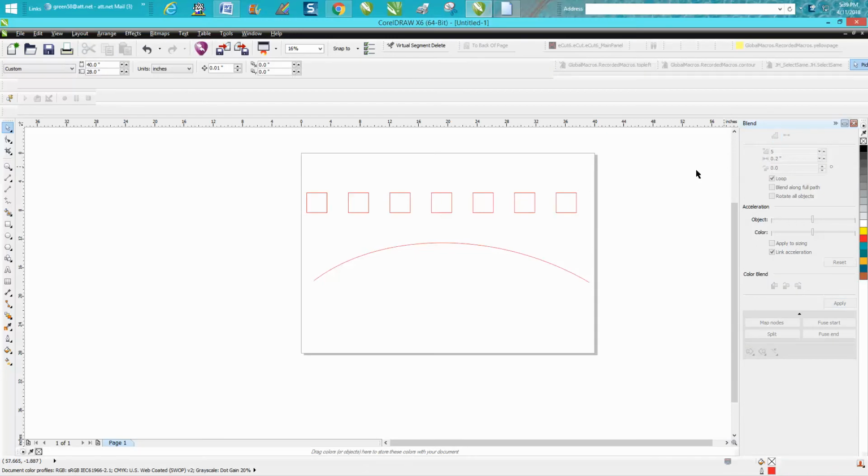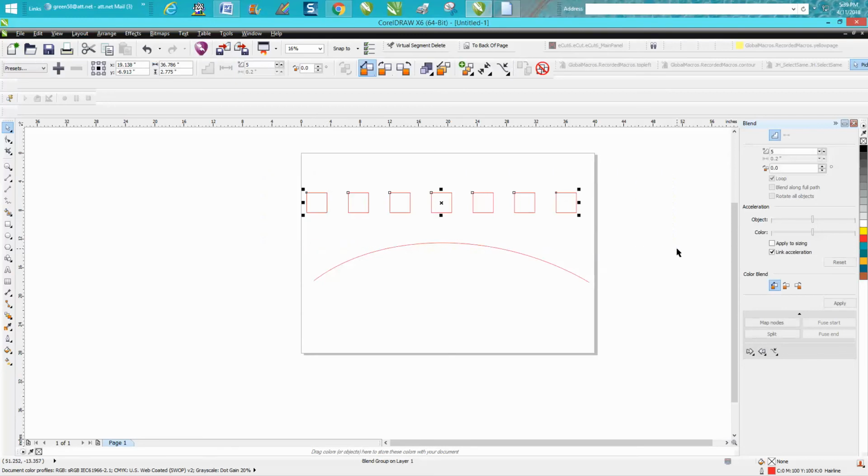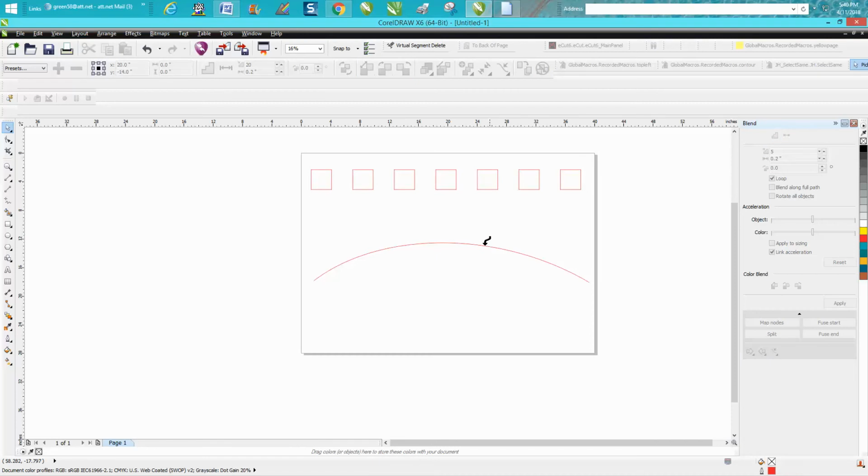Let me just do this again. Well, it doesn't say it right there, but it's what it is. It doesn't change till you set it to a path. So let's apply that. So we have a blend. Now we're going to go down here and apply it to a new path,